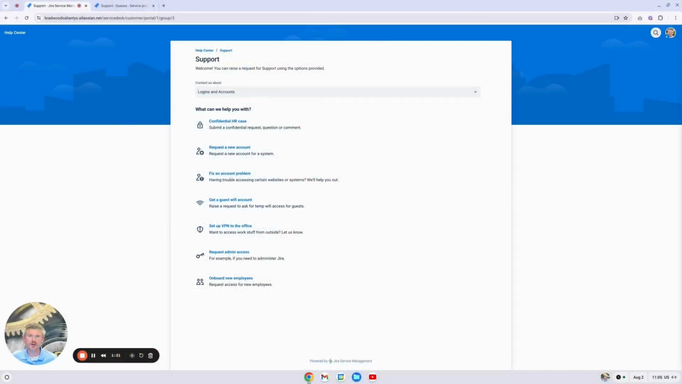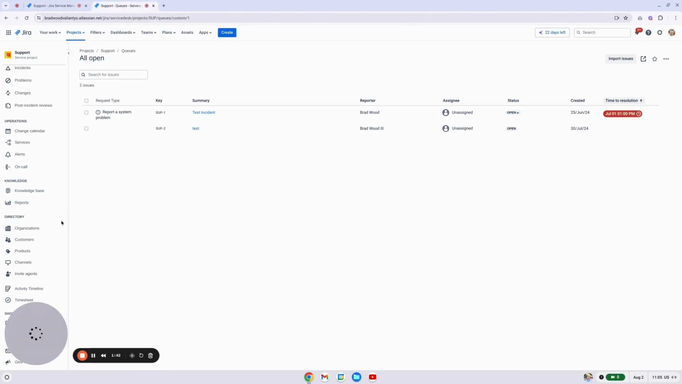All right, so here we are in a demo site of Jira Service Management, and we can see this request type, confidential HR case. Maybe we don't want everybody to be able to view this request type or submit requests using this request type. We can limit the visibility of this request type in our project. So let's go into the project itself,